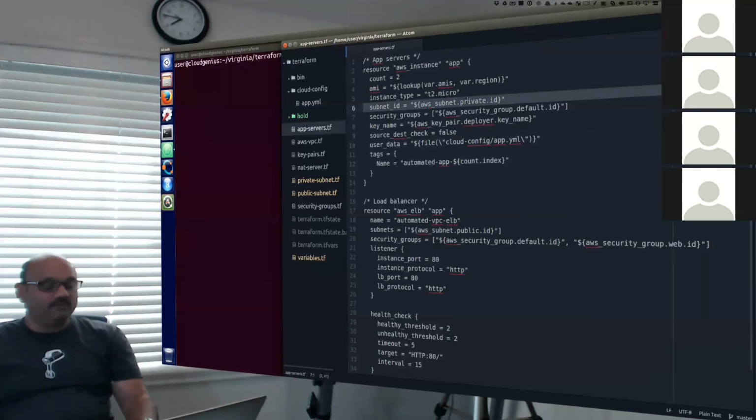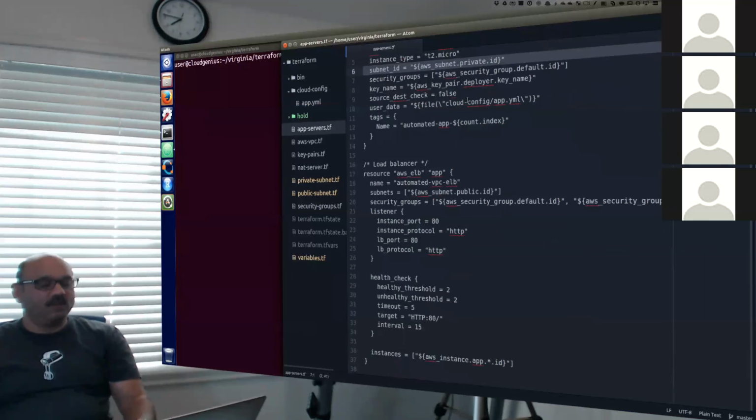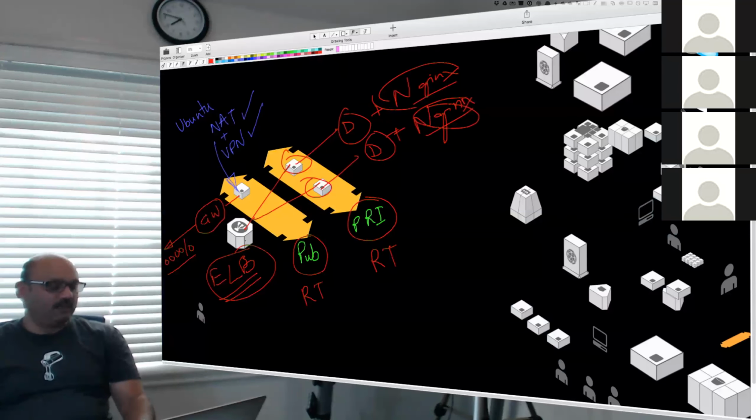And now we have to distribute load among those 2 boxes that run Docker containers that will run an application. So the amount of work on those boxes will get distributed through a load balancer. And that is creating a new resource for the load balancer in line number 17 inside the automated VPC. We are creating a name for it called ELB. And we are using the public subnet, by the way. This ELB belongs in the public subnet.